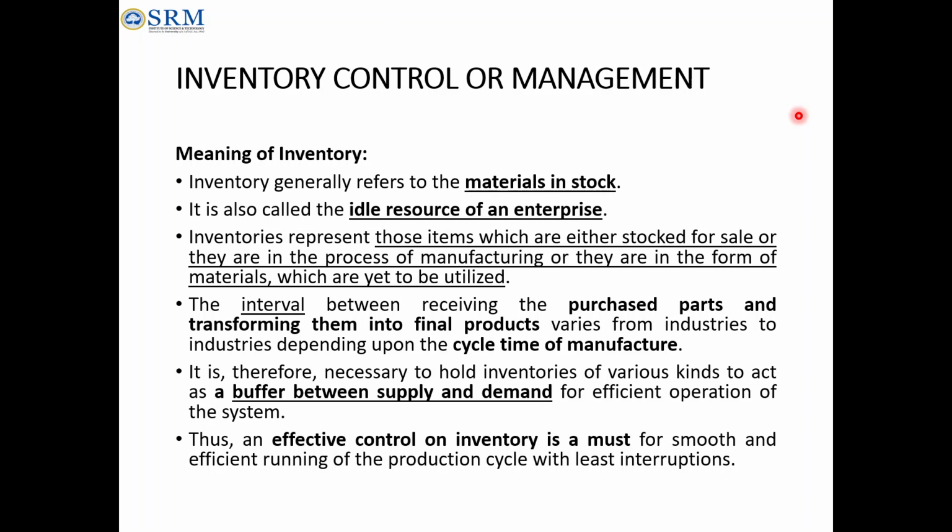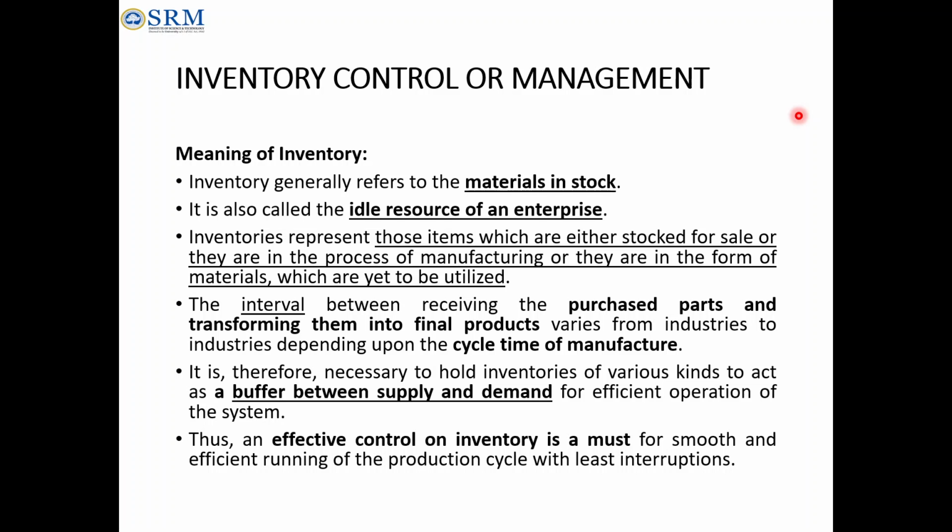So the first stage of inventory is what? Raw material. The second stage will be your work in process. The third stage will be after you make the product. Same example I'm repeating: after you make that automobile or vehicle, it will be stored in your yard to dispatch to the customer, right? So that also comes under inventory. So totally, inventory will be there in any industry or enterprise at three levels. One is the raw material stage, second is work in process, third is the final stage after production before dispatching to the customer. So these are the three things you have to remember.